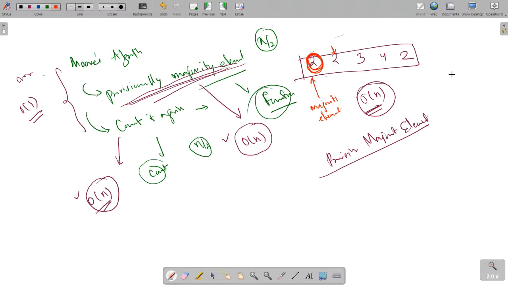If they both are the same, then we are going to increase the counter. We are going to run a counter, and we increase it if both are the same. If both are different, then we are going to decrease the counter. Now at the end of this loop, we will reach a position where the counter is 0.